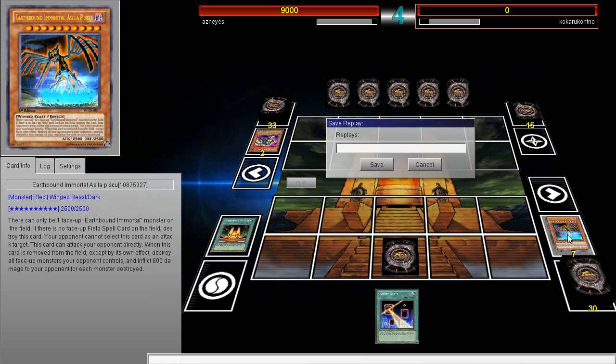So, the Nightmare Archfiend, he takes 800 points of damage each time they are destroyed, and with my EarthBound card, when this card is removed from the field, except by its own effect, I destroy all face-up monsters my opponent controls, and I inflict 800 damage for each monster destroyed. So he takes 800 damage for each monster, because remember, there's 3 monsters that are going to be destroyed, and so it's 800 each, and then there's an additional 2400 from the, let me see,